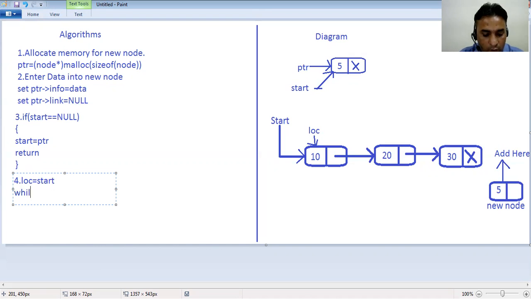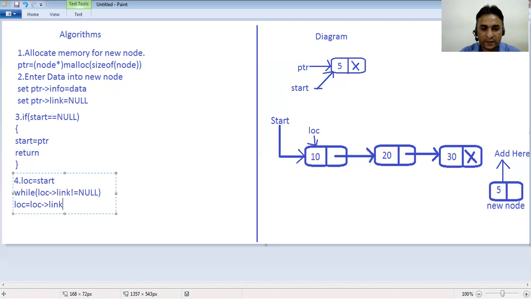For this purpose we have to iterate this linked list while loc pointer link is not equal to null, and loc has to move in the forward direction. So we have to write loc equal to loc pointer link.